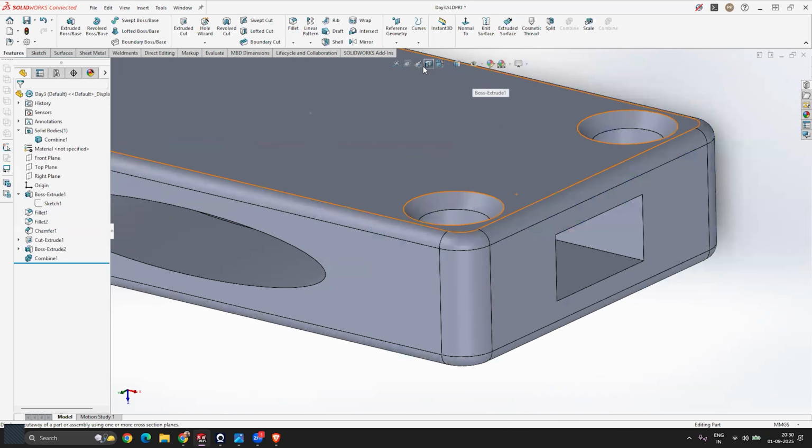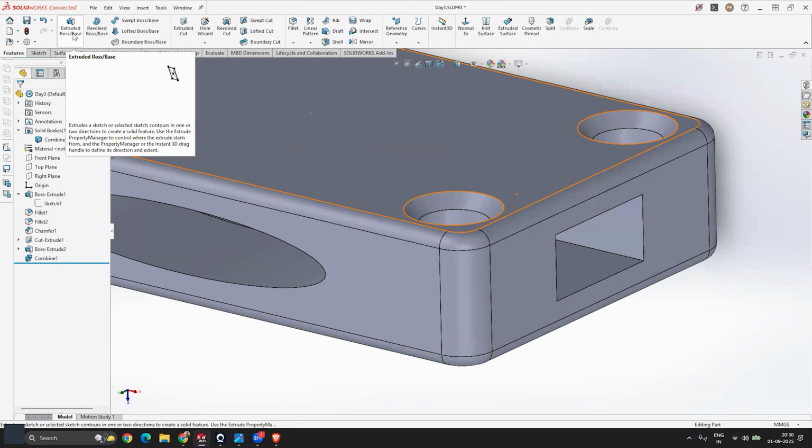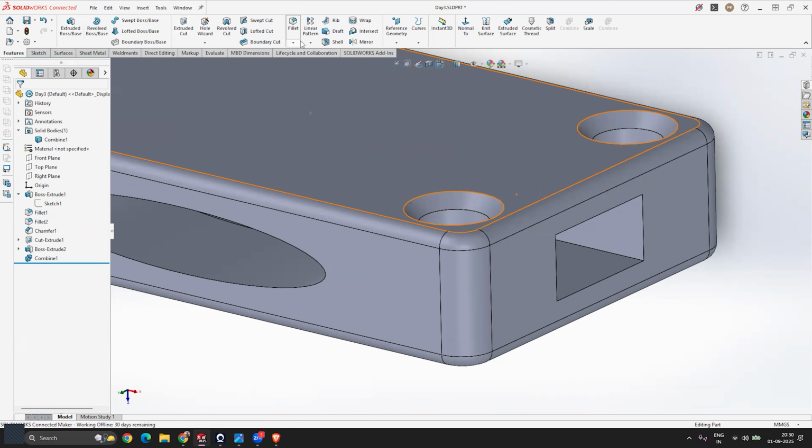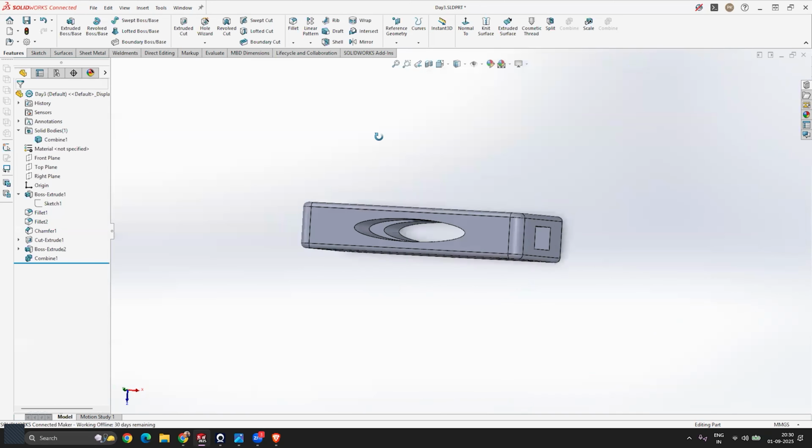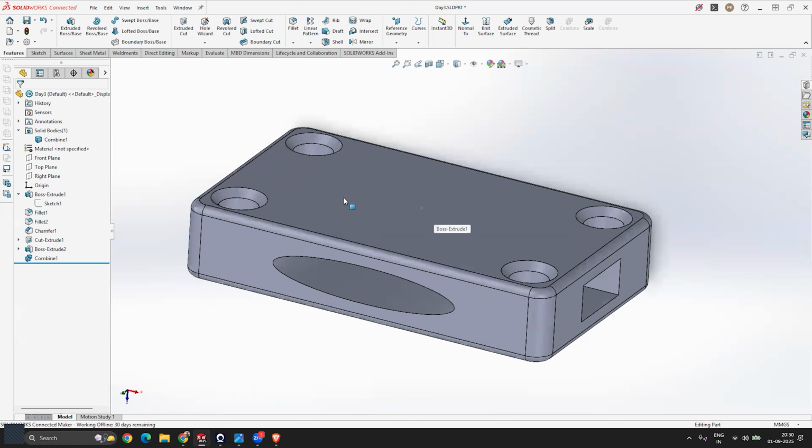So we have that option to inspect our body from inside using this section tool, right? So what tools have we learned now? We have learned about the extrude tool, extrude cut tool, fillet and chamfer, and the combine tool, right? So these were the 5 tools we have learned so far. Now the next tool in our list is